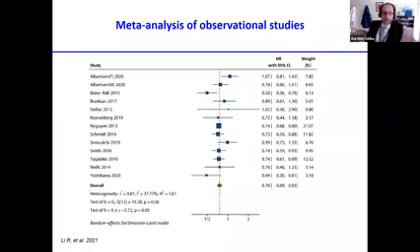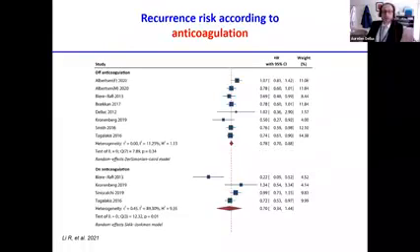The main interest of this study is that they could have a look at different subgroups. And again, consistently across subgroups, there was a protective association between statin use and VTE risk in patients on anticoagulation or off of anticoagulation,